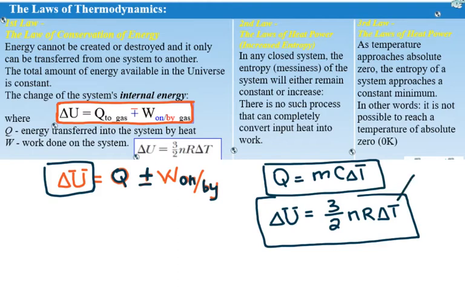So if the temperature of the gas is changing, so does the internal energy of the gas, because that's the kinetic energy of the gas. So if you add heat into the system, then internal energy of the gas will increase. If you take away heat from the system, then internal energy of the gas will decrease. Then if you do work on the gas, so you compress the gas, then the internal energy of the gas will increase. If you do work by the gas on the surrounding, so the gas is expanding by doing some mechanical work, like